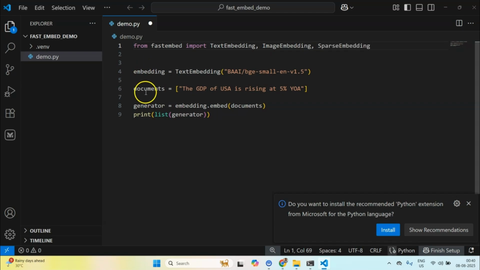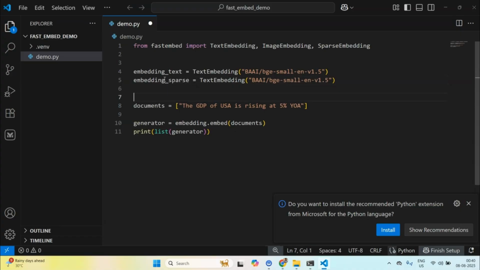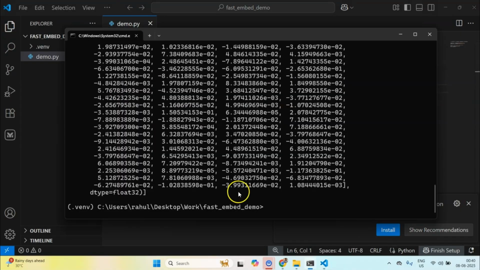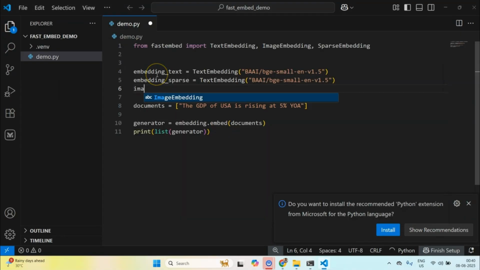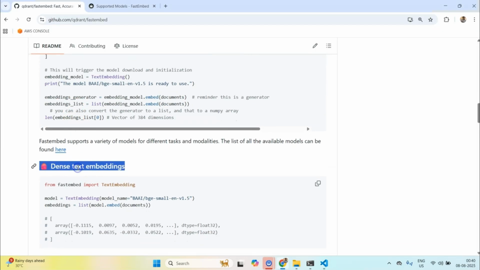So for the same class, let's say here sparse, and I can also create an image embedding class as well, and the format looks exactly the same. Instead of documents, you pass the images. Okay, so this is dense text embedding.